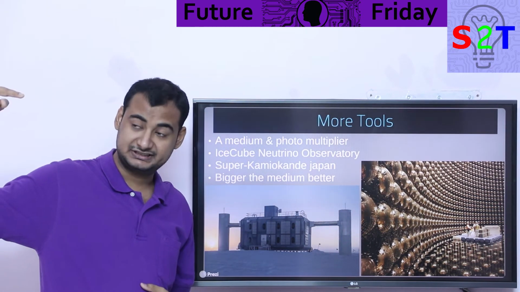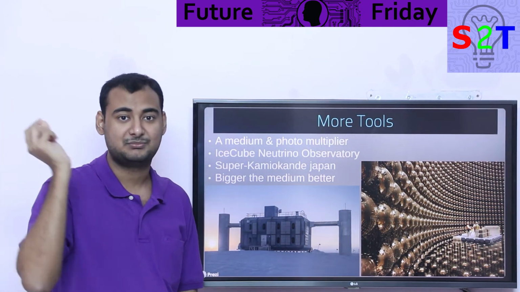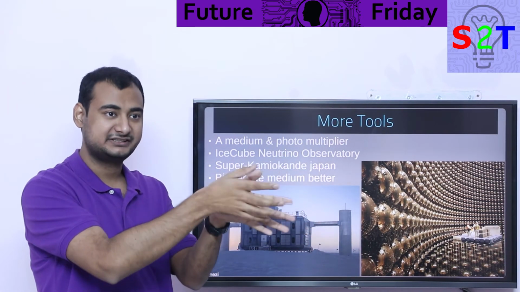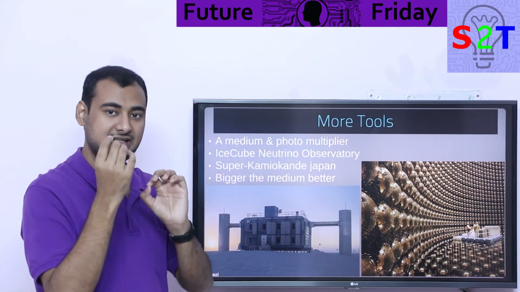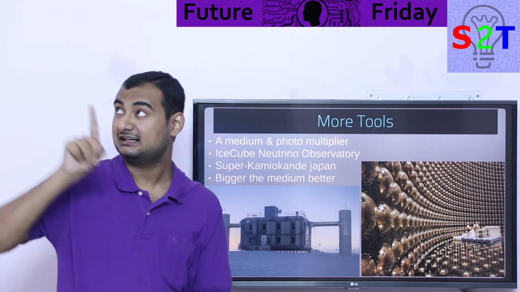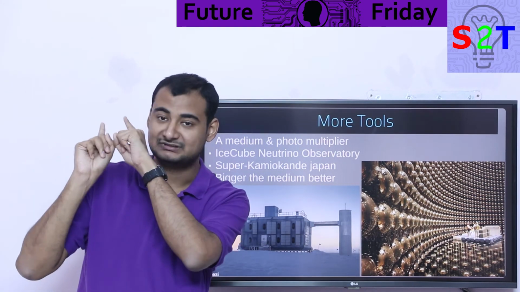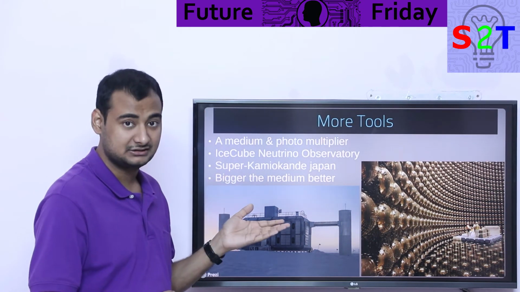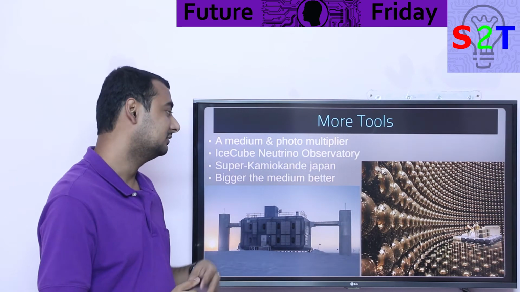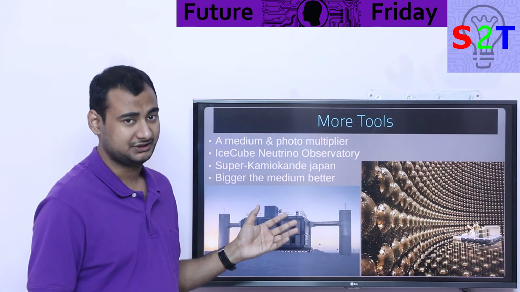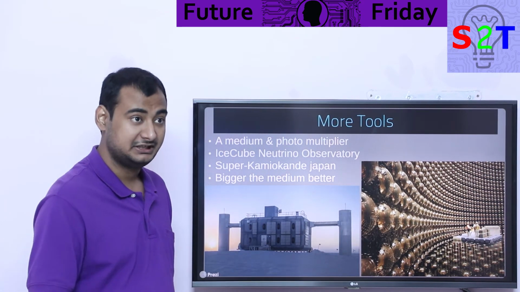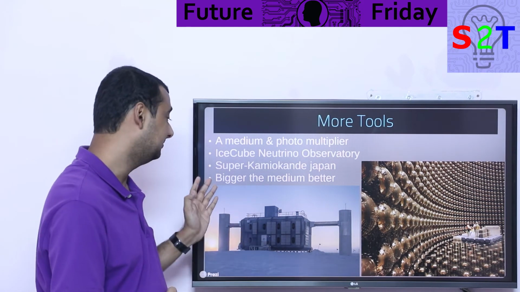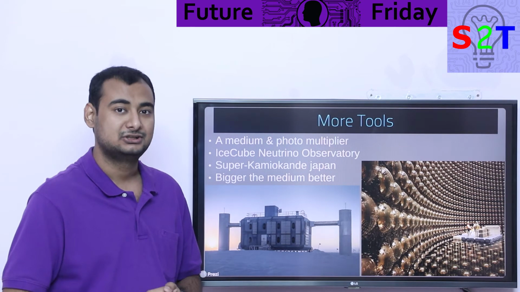The benefit is that it can find the trajectory of a traveling particle, because that radiation would be created in a pattern. That pattern can be detected by multiple point sources, and using mathematics, you can say, okay, that neutrino came from that coordinate in space and time. There is a Japanese one, Super-Kamiokande in Japan, which is also super huge. Others are being built in America, and another upgrade is targeted for Antarctica, which will be even bigger, a 10 kilometer cube.